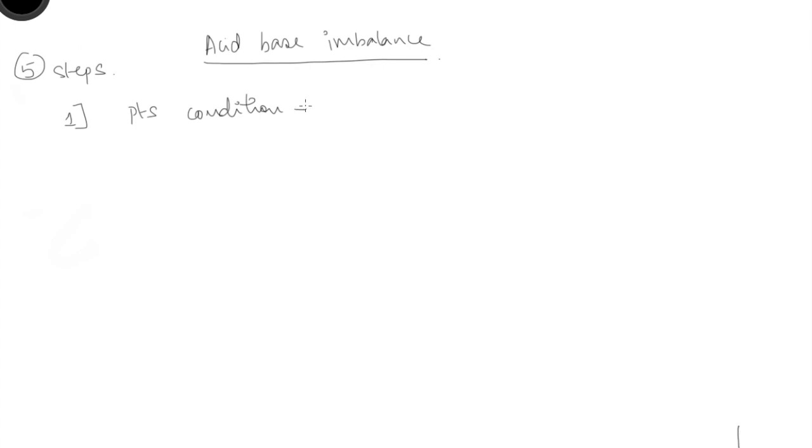So what do you mean by patient's condition? What is the history of the patient? Whether the patient is a known asthmatic, or is he a known smoker so that he has COPD? Does he have any respiratory condition? Or is he a surgical patient? Is it post-operative? Or is it because the patient is in sepsis? Is he a diabetic patient? Does he have diabetic ketoacidosis? So these are all the general data regarding the patient that you need to have